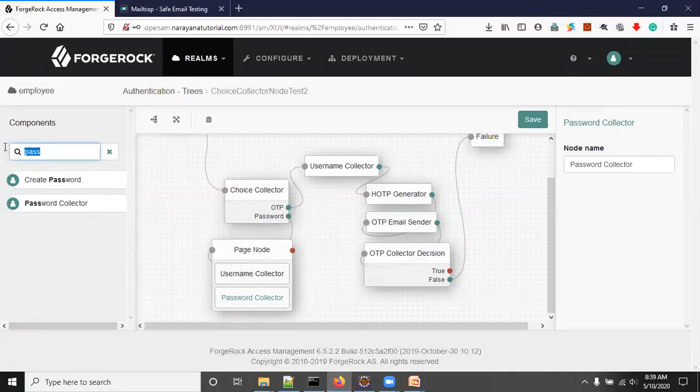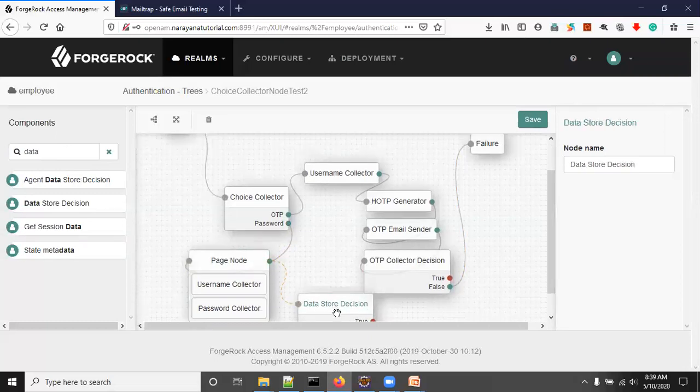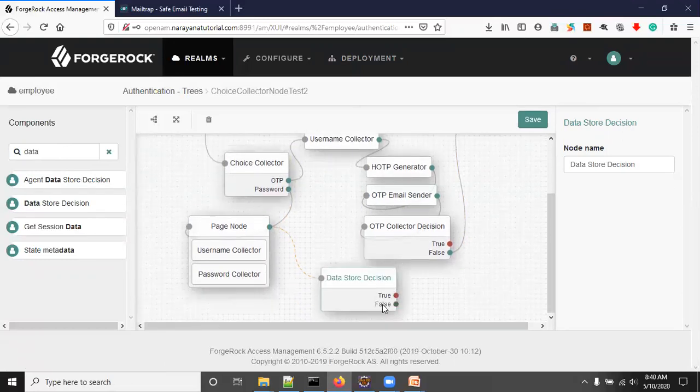After that, to authenticate the username and password we can easily use the data store decision. So drag from page node to data store decision. The data store decision has two outcomes, true and false. If the authentication fails, we have to pass to the failure node, correct?